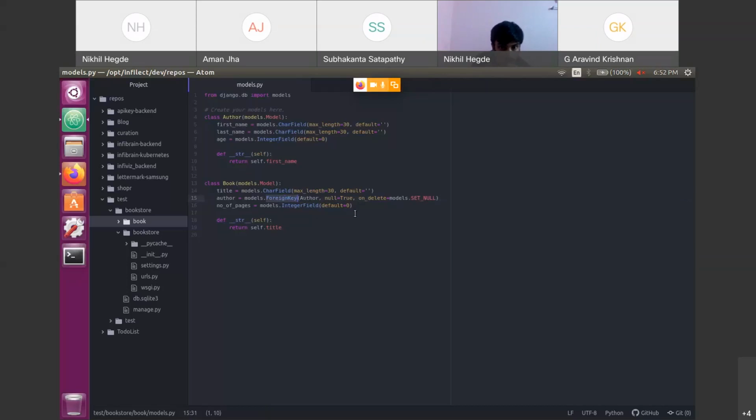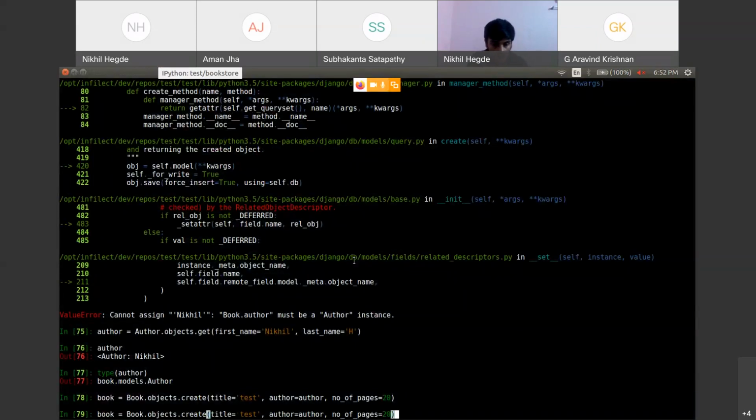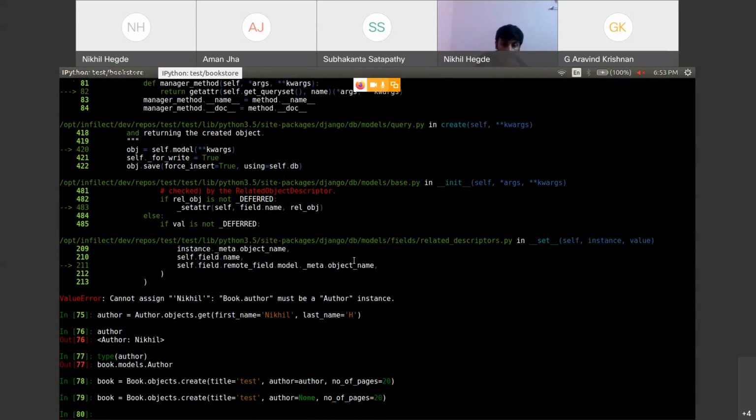But there is one more case possible. Since I have given the condition null equal to true, I can do it like this. Author equal to none. Okay. This will execute because I am not assigning anything to author. I am leaving it as it is. Author will be null.